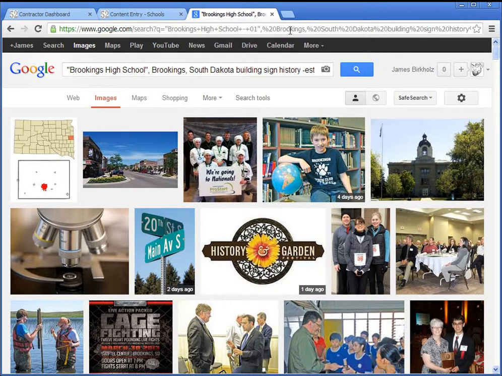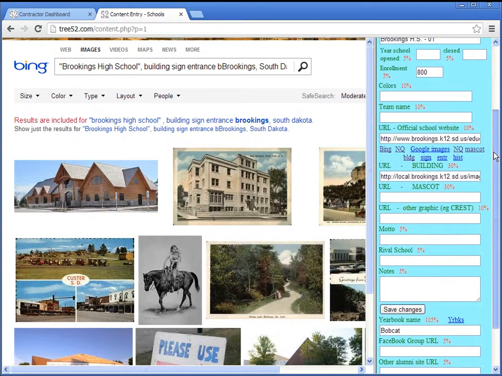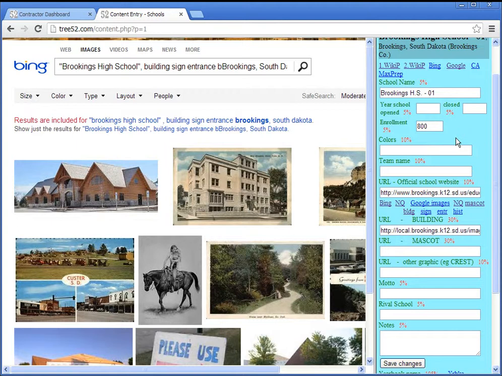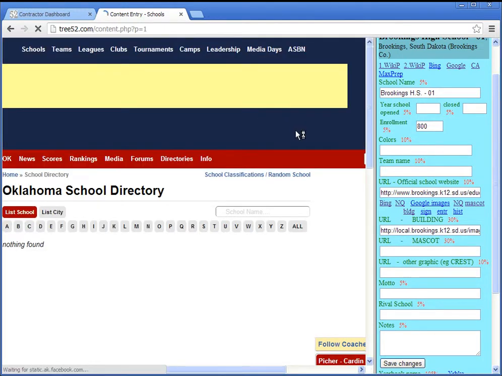Coach's Aid has a site that often is useful for finding those pieces of information, but you have to go to it twice. The first time you go to it, you have to make sure that the state is the one that you're working in. And we're looking for South Dakota, so we change that. Now it'll remember the last state you're on. So if you click the link again,